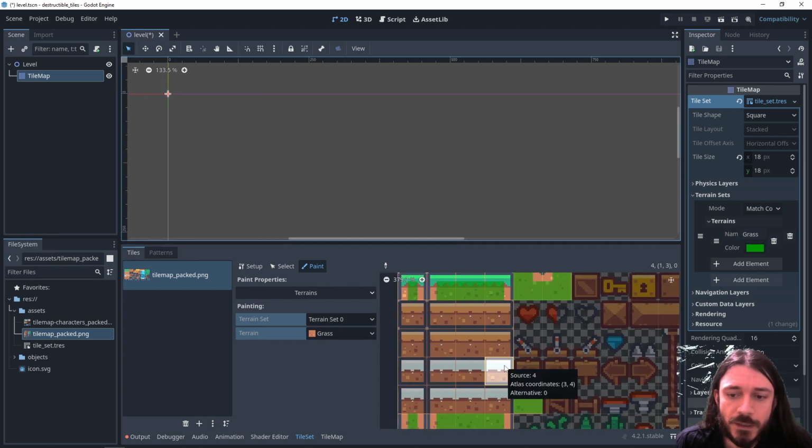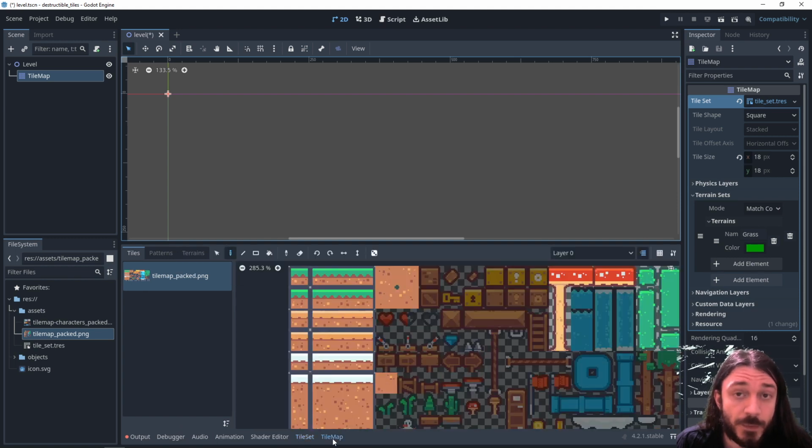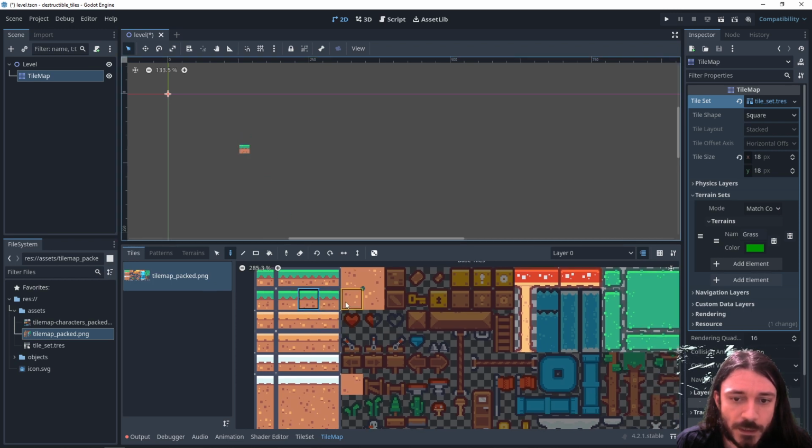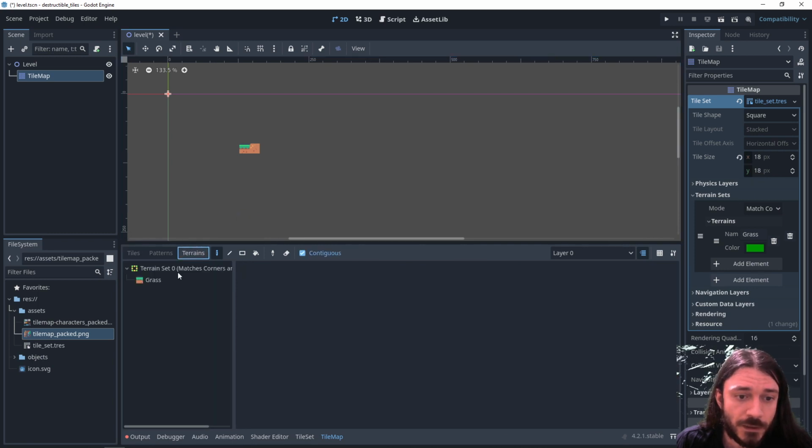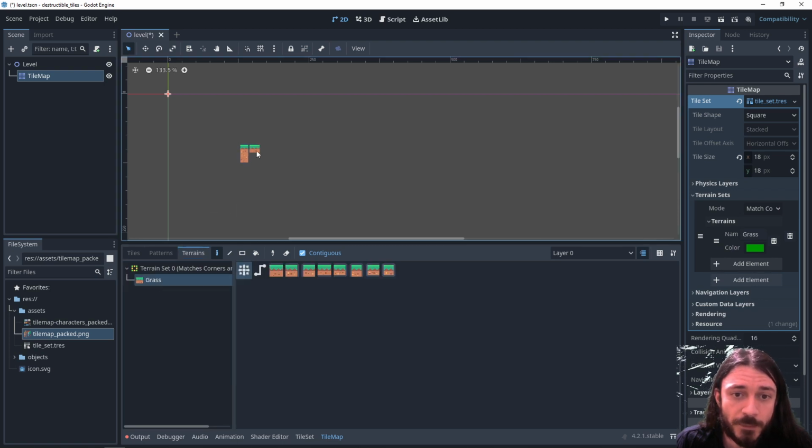Okay, now with my grass terrain being ready, let's put it to the test. In this menu I can edit the tile set and the properties of the tile set. In this menu I edit the tile map itself, so placing tiles. This tab in here allows me to pick one of the tiles and place them manually like this, but that's a little bit more complicated and we don't want that. That's why we are using terrains. So in order to do that, I'm going to click on terrains and pick up grass. And now if I paint on the map,